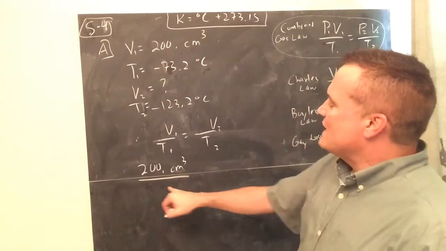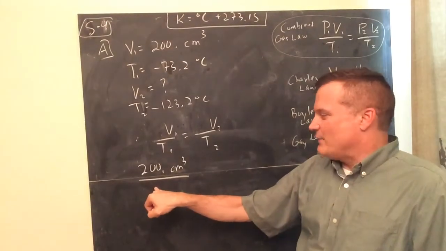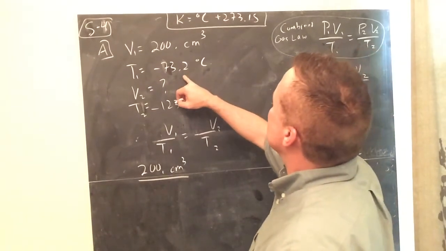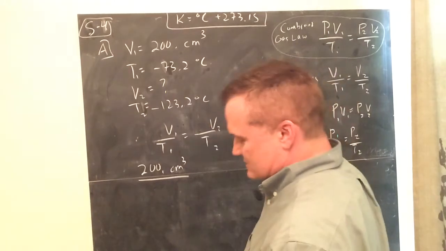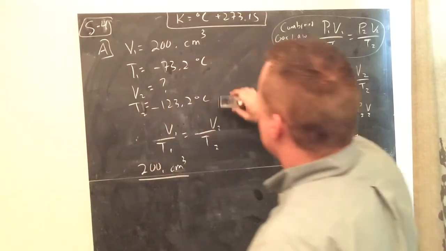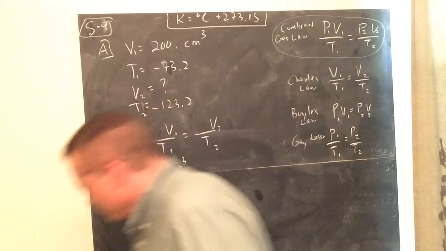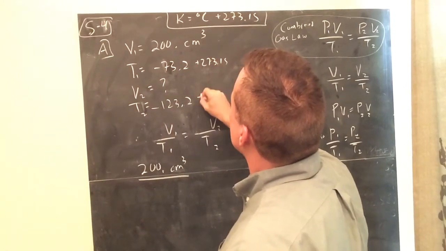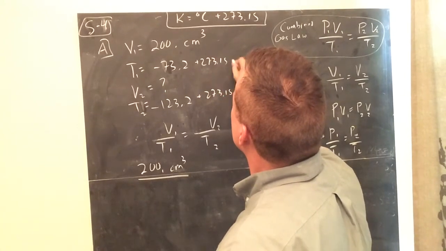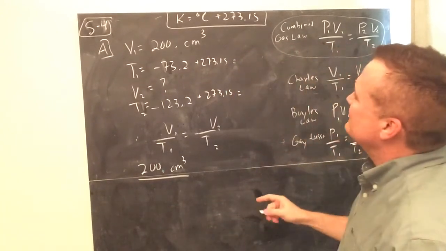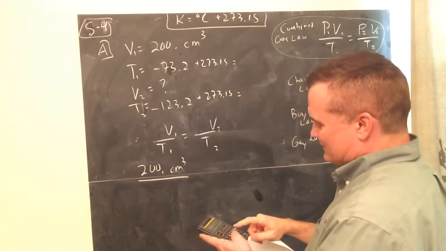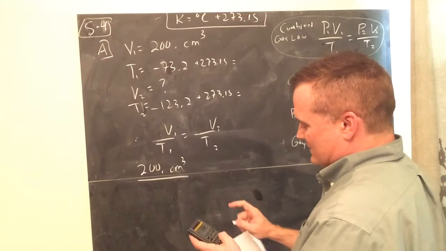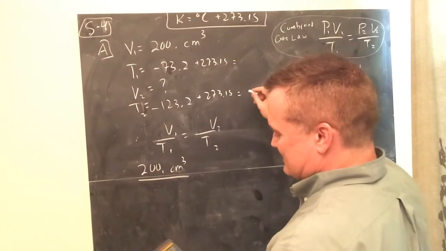So I would not even write the wrong temperature there. I would never put Celsius in any of these gas laws, okay? So let's just take 73.2, and I'll do it right there next to it. All right, so plus 273.15. Actually, that looks like it's going to work out to 200, right? So it's 199.9. Well, it's going to be 200